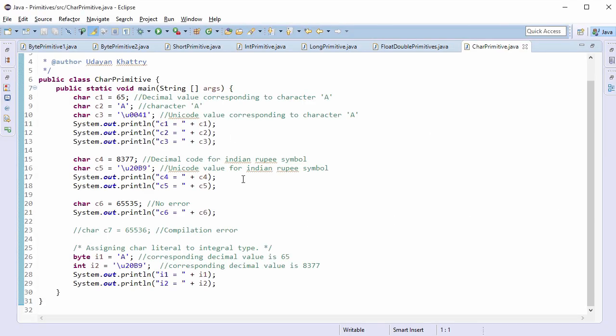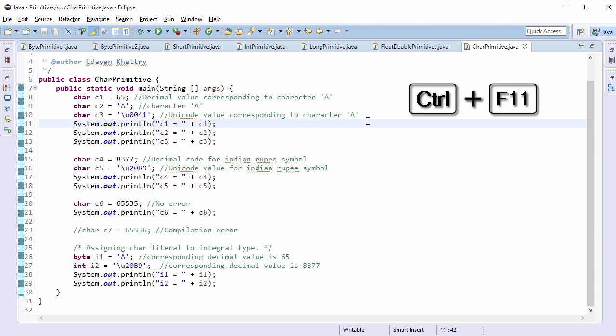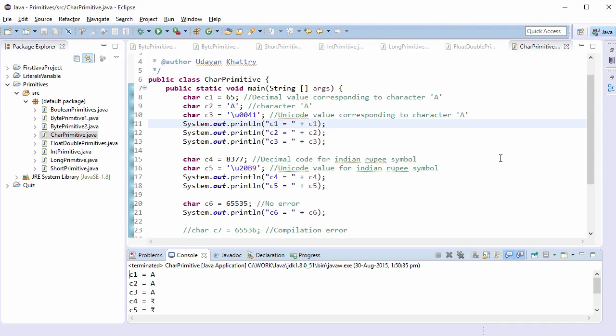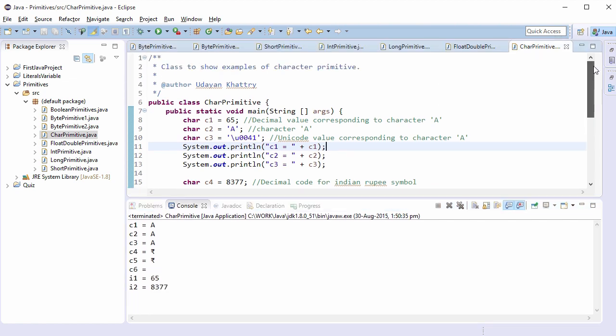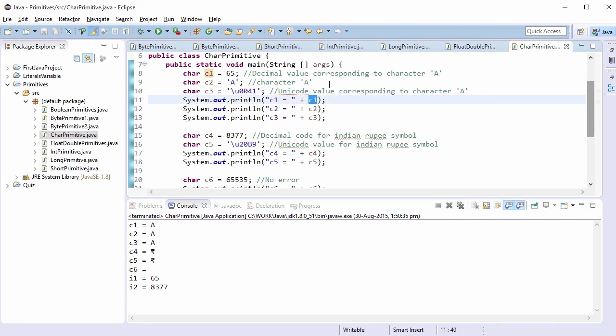This is the same code we had just seen. C6 is 65535, the last value of the character range, and this should give a compilation error because this is outside range. Let us first see the output for this set. Because C1 is of char type, it will print the corresponding character value only.